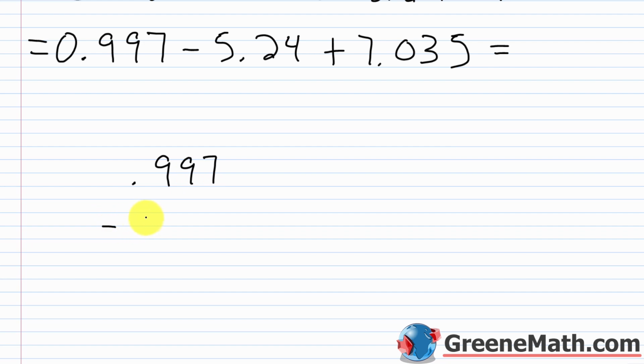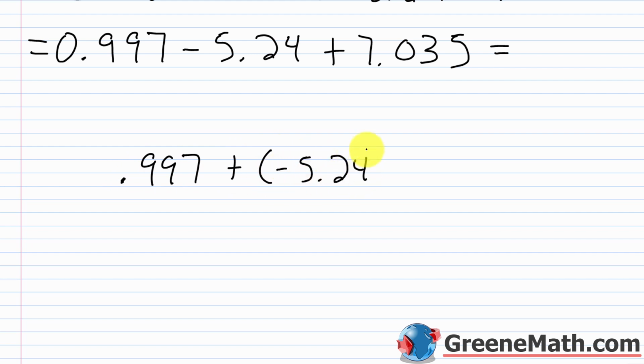So the next thing I'm going to do is 0.997 minus 5.24. So let me write this over here. Because this is going to result in a negative when I do this subtraction, the easy way to do this would be to reorder everything. Just think about having 0.997 plus a negative 5.24. What would we do in this situation? Well, we know that the answer would be negative. And then we would just think about the absolute values for a second. Then we would subtract 5.24 minus